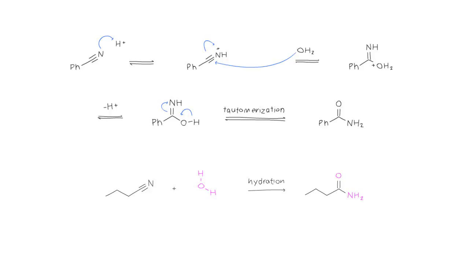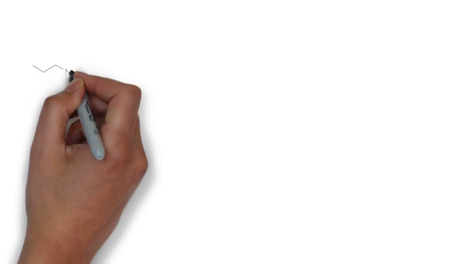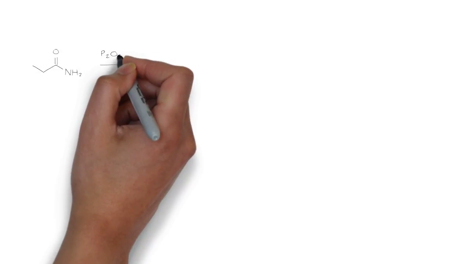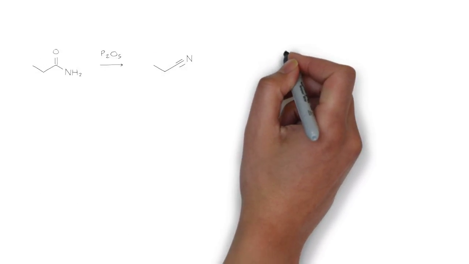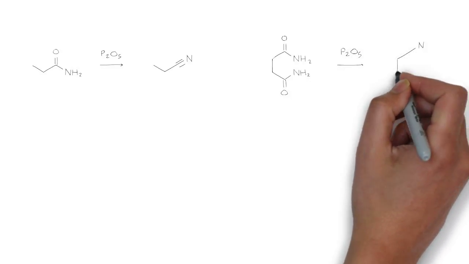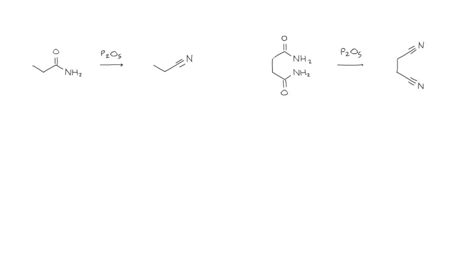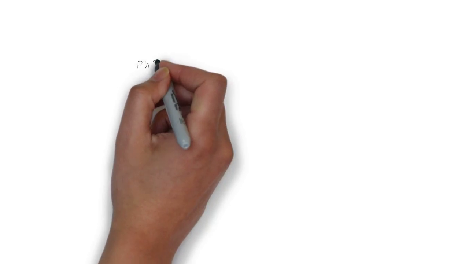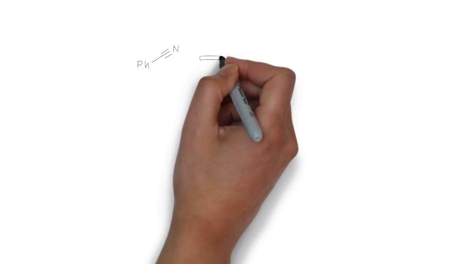We can do this reaction backwards. And to do the reaction backwards, we need a good dehydrating agent. Simple math tells you if you take phosphorus pentoxide and the right stoichiometry of water, we generate phosphoric acid. Sammy, can we take a secondary amide and generate a nitrile from that? No, because we can remove an oxygen and then one of the hydrogens, but there's no other hydrogen to remove